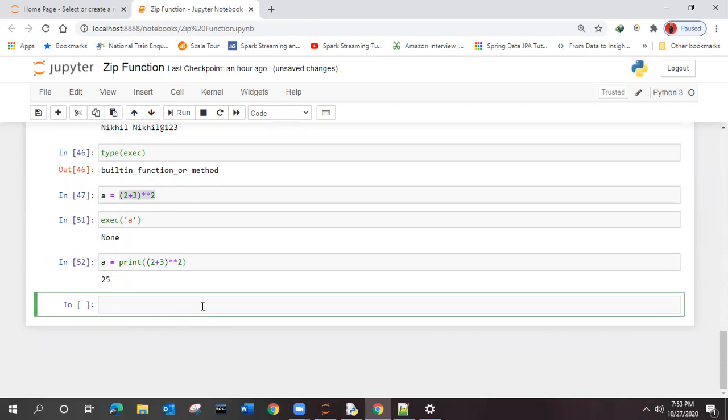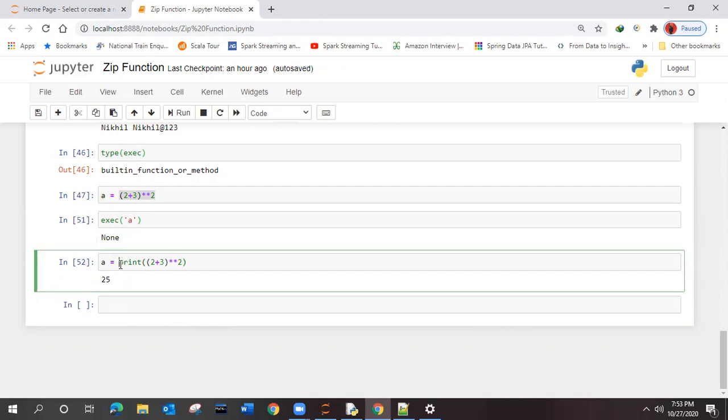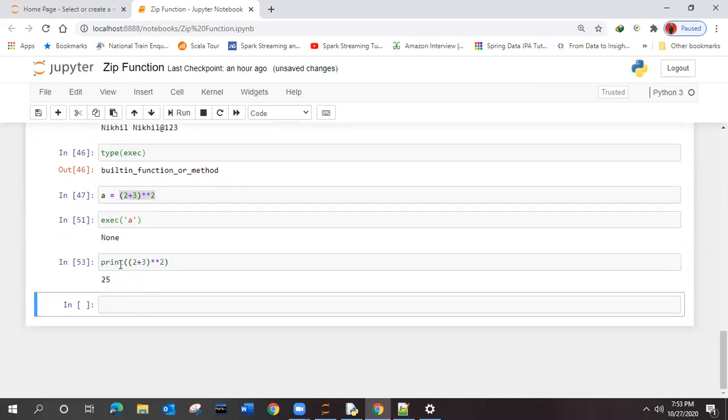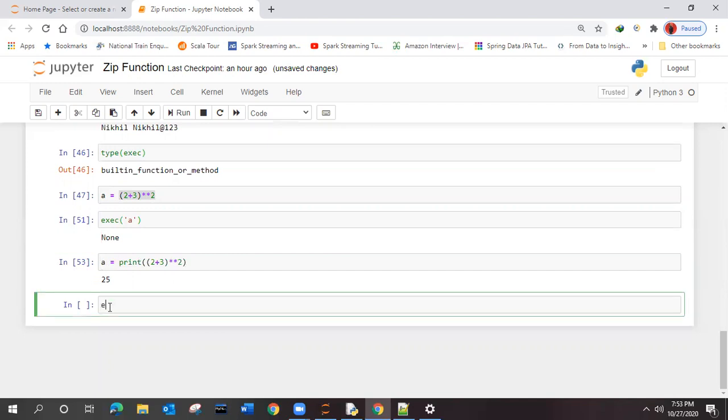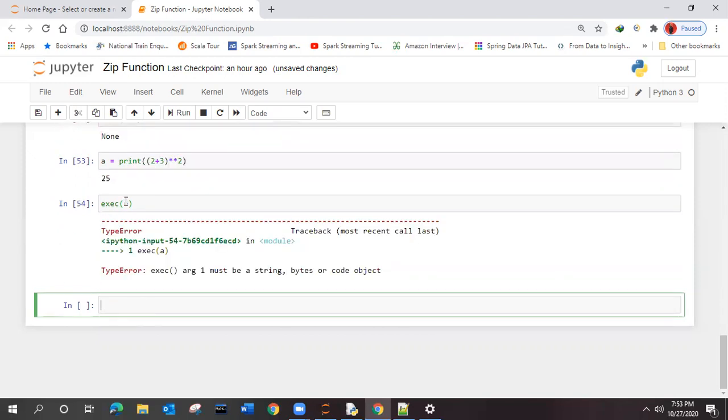So it is printing, right? We need a string.